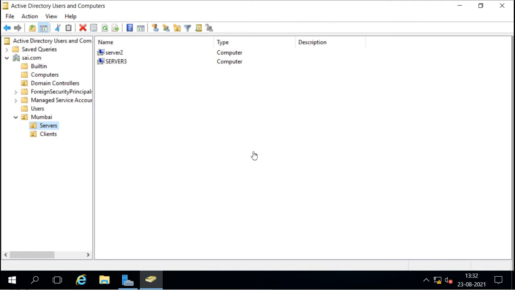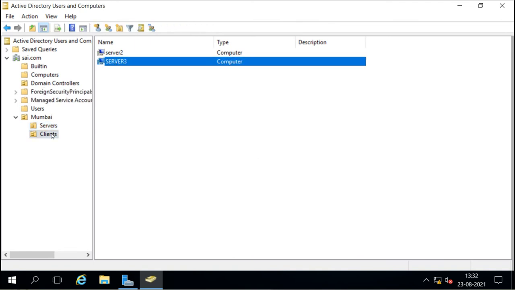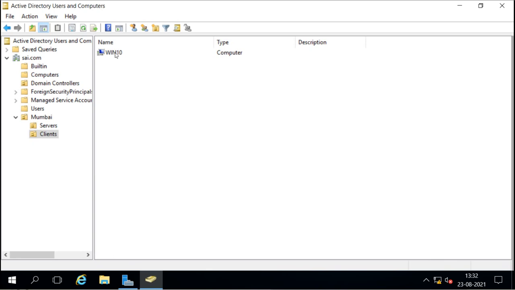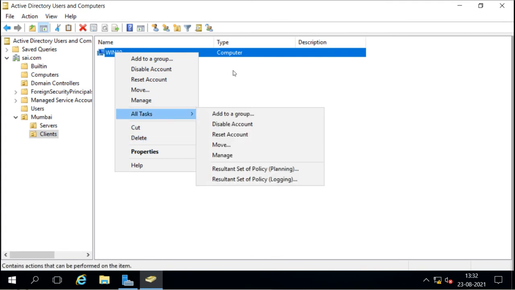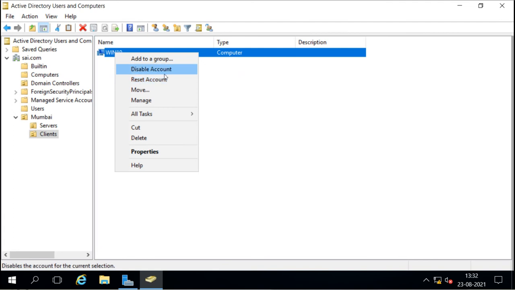That means, for example, we have these accounts. If one is not properly working or is giving an error when accessing the resources, we should not right click and delete. If we delete, then it will lose the SID, and if you rejoin the machine, it will join with the same name but a new SID, and that new SID will not have the same permissions which that old machine has. So we should do what? We should right click on the account and then select Reset Account.